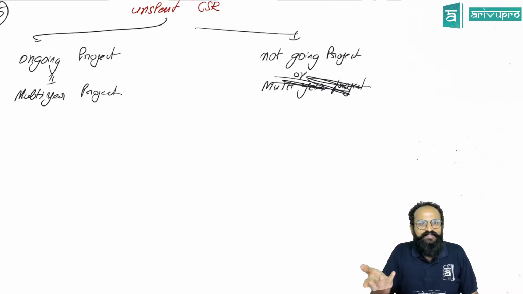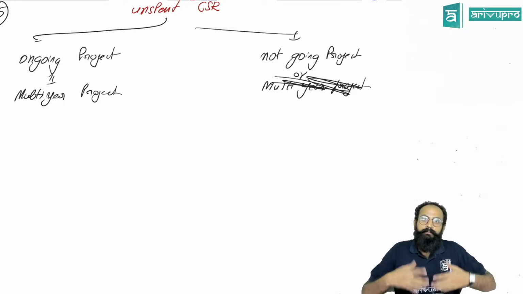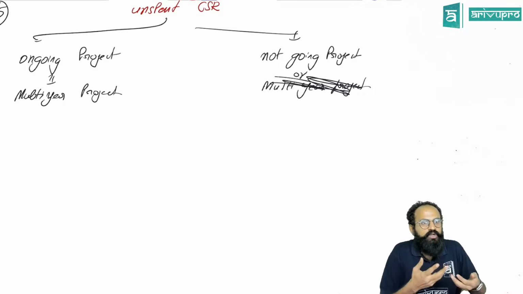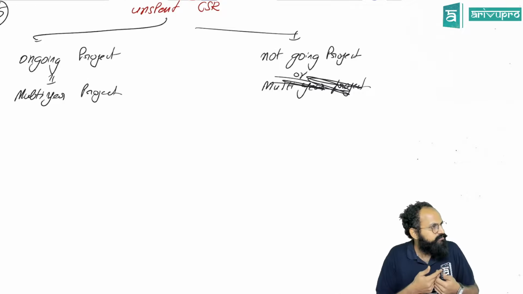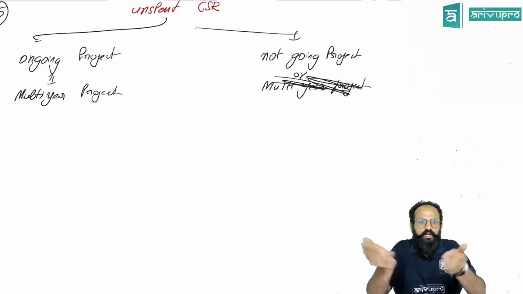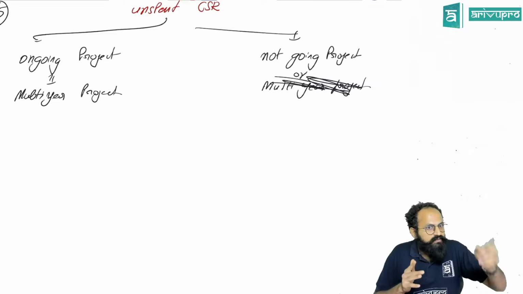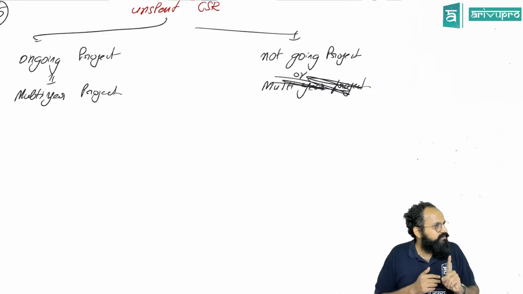Yes or no? So people, what they are saying is that two types of projects can be there. Now, when I'm talking about companies like Reliance, they take up big projects. For example, they want to set up a hospital. They want to set up a school. See, when Reliance sets it up, it will not be a small one. It will be a big one. Now, the project will not be completed in 1 year. Correct?